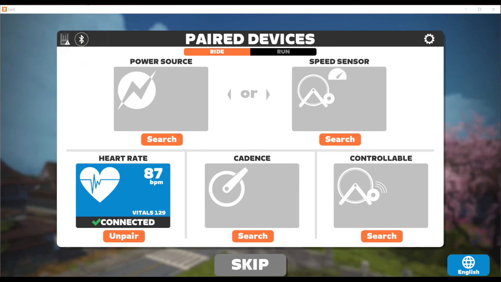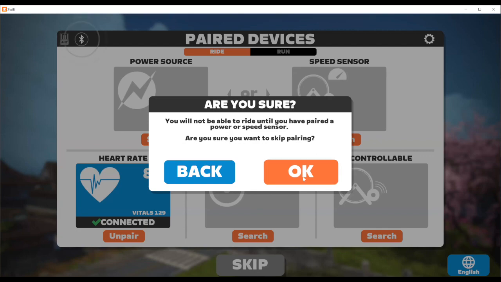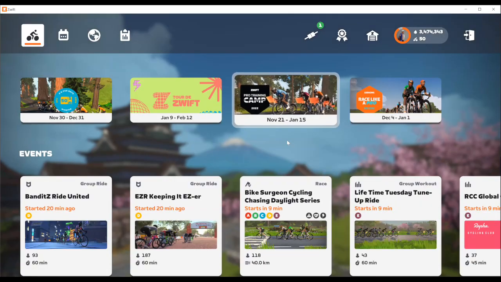So I'm going to skip past that for right now and take you back to the main screen. But I showed you that because that's what will pop up first when you log on to Zwift. Now that you're logged in, this is what will pop up. Across this main strip here at the very top are different things that you would become acquainted with.